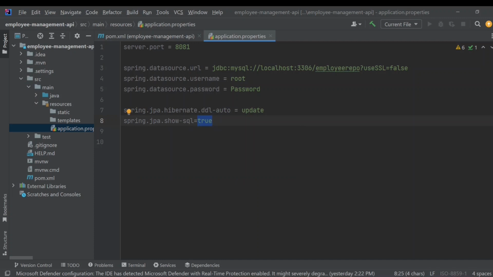spring.jpa.show-sql equal to true, which instructs Spring Boot to log the SQL statements executed. When set to true, you will see the SQL queries generated by Hibernate in your application's logs. This is invaluable for debugging and understanding how Hibernate interacts with the database, especially when troubleshooting or optimizing